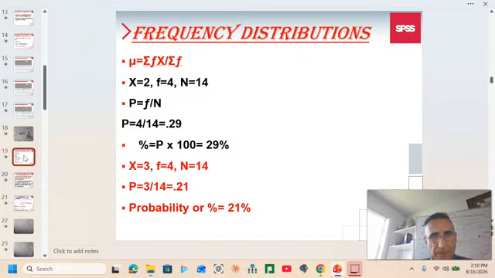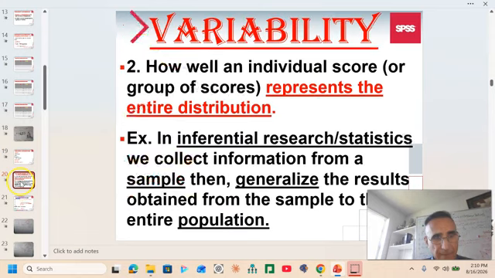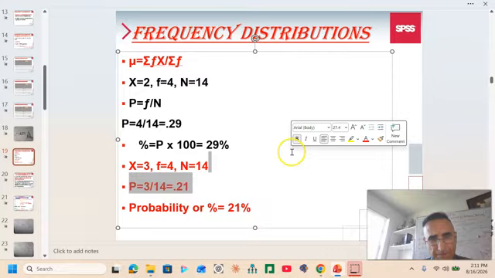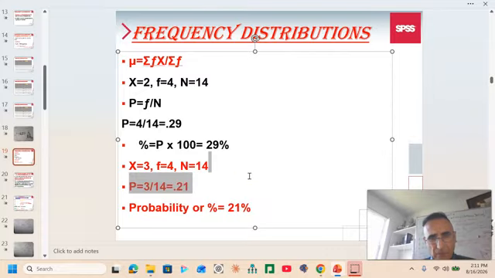And so this is pretty much what we just talked about. And with the numbers, if some of you wonder, well, give me a number. Okay, so if X is 2, frequency for 2 is 4. That's what we did. N is 14. Then what would be the proportion? That's 4 divided by 14, which is .29, 29%. And then, okay, so the probability would be, okay, so